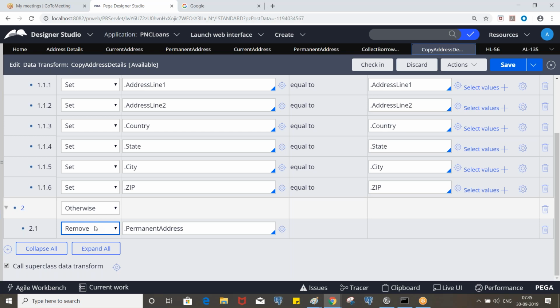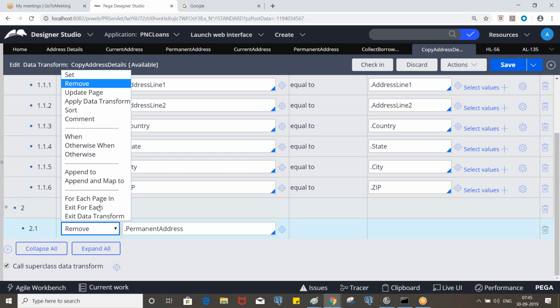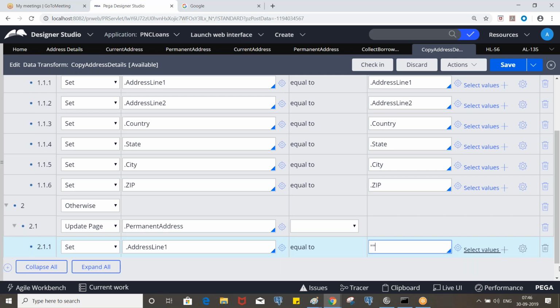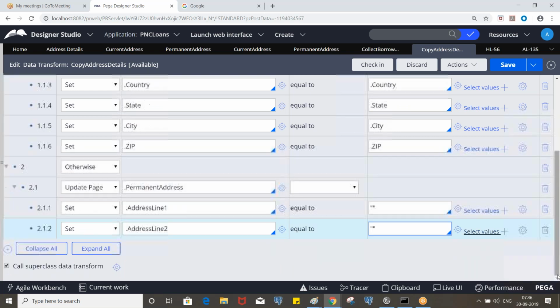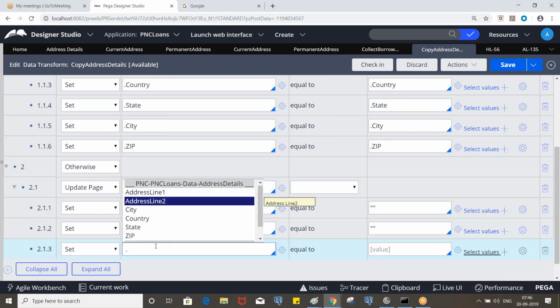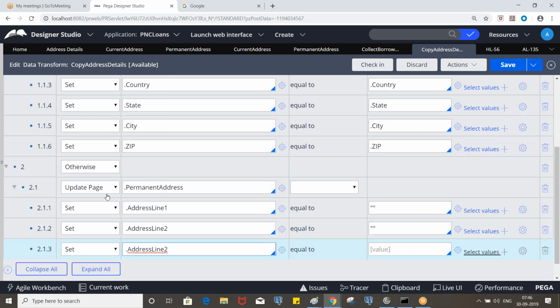Can we do like this? The same, right? So if you do like this also, it will work. Even without using update page we can do it, but for every set action, we need to put permanent address dot address line 1, permanent address dot address line 2, etc. Okay.